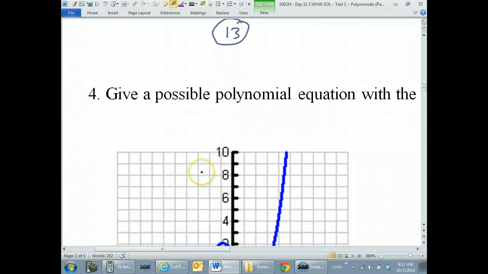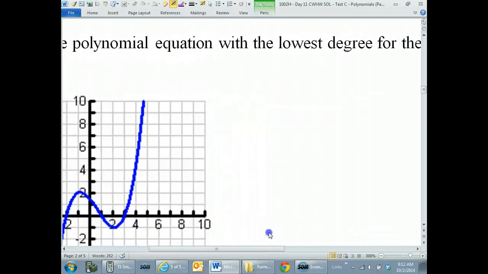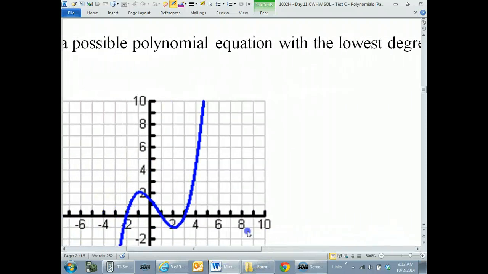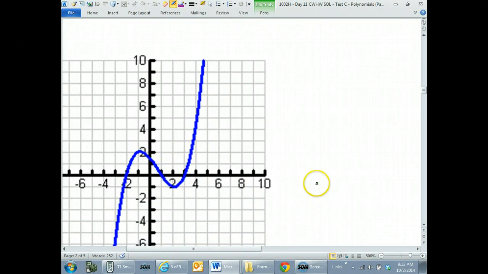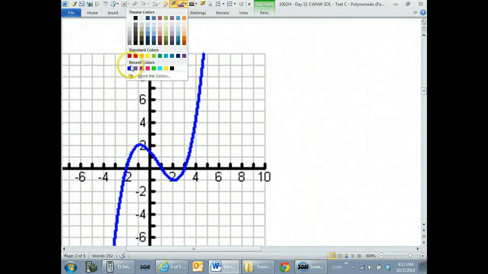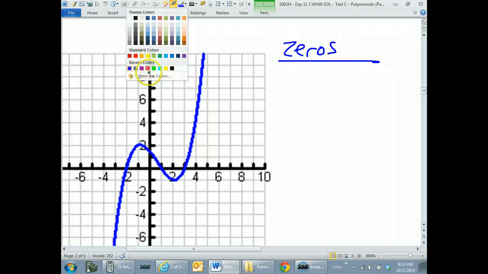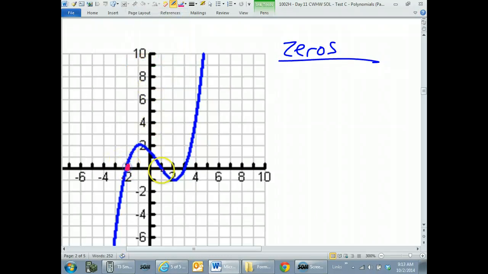All right, hold on. Okay, give a possible polynomial equation with the lowest degree for this graph. Okay, well let's start with those zeros. Let's make a little list of those guys. What zeros do you see? Okay, just give me the zeros first, just the numbers. Correct. I see negative 2, 1, and 3. Okay? So those zeros, negative 2, 1, and 3,